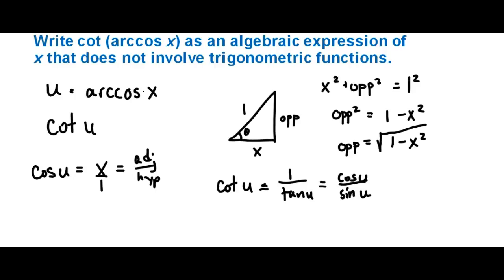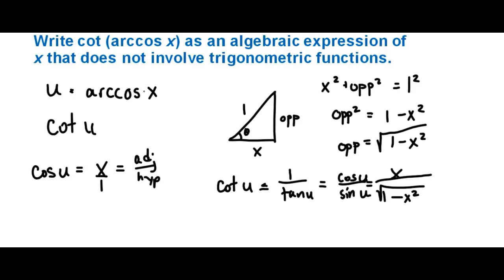So we know that cosine of u is equal to x. We already determined that. And then on the bottom, we have the sine of u, and sine is going to be our opposite over hypotenuse. So that would be square root of 1 minus x squared